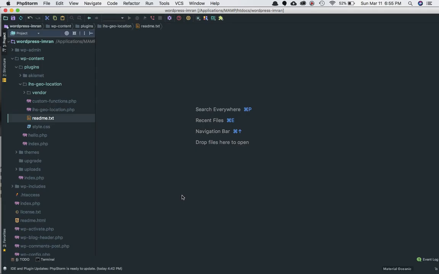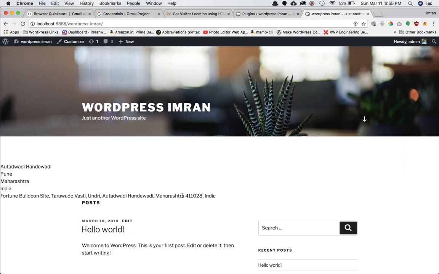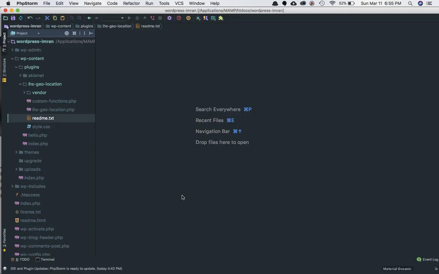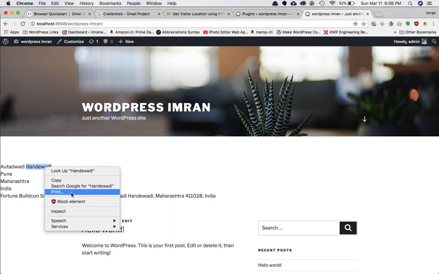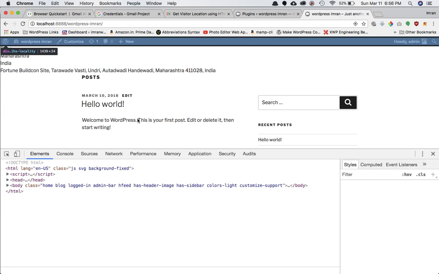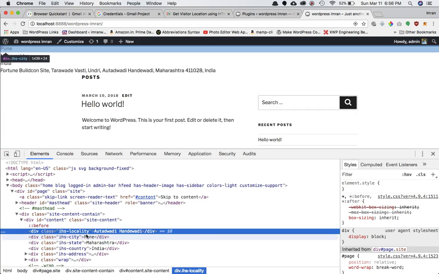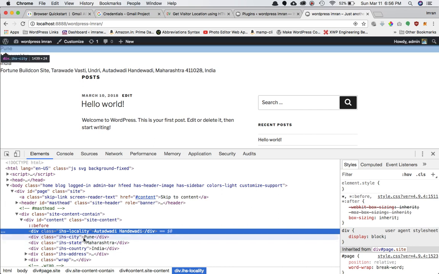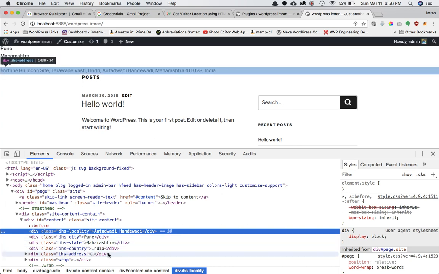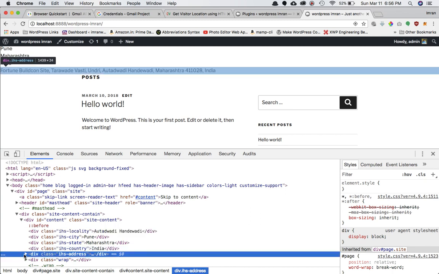So to get that, what we want to do is use the geolocation. Okay, and I've created this plugin to make certain classes available to you, and all you have to do is add those classes to your development of your site wherever you want to show that, and sure enough it will go ahead and tell you the information about the city, locality, state, country, address, and so on and so forth. So as you can see over here,